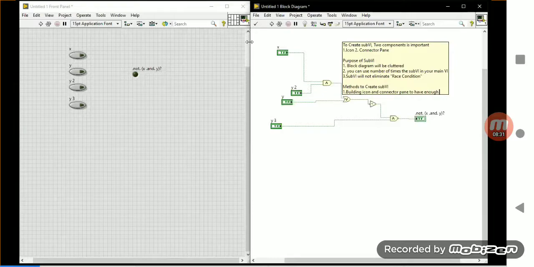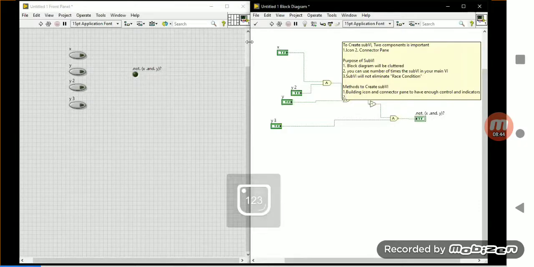Building the icon and connector pane to have enough controls and indicators, that's the first point. And the second point to create a sub-VI is selecting part of a VI, going to the Edit menu, and then Create SubVI.